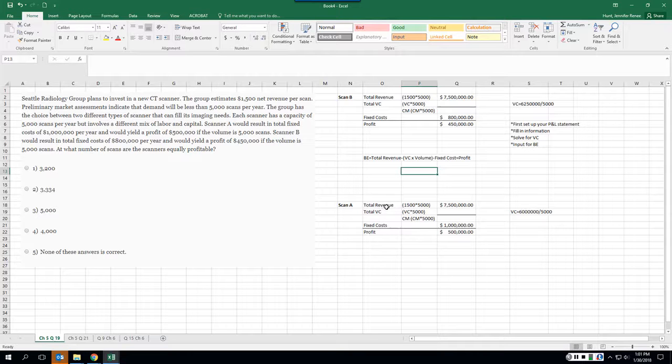We know profit and loss, we're going to be looking at total revenue, total variable cost, our contribution margin, fixed costs, and our profit. We know that the group overall is giving an estimate that they're going to get a net revenue of $1,500 per scan. Now when we look to the information for scanner A,